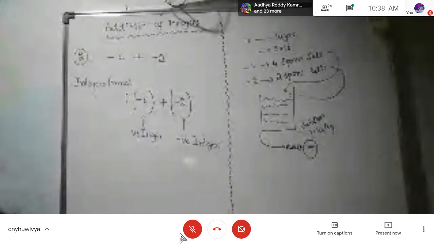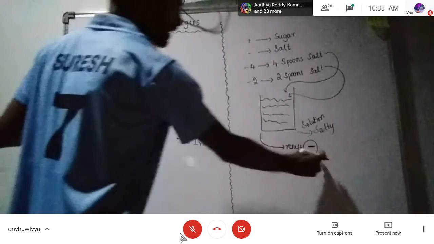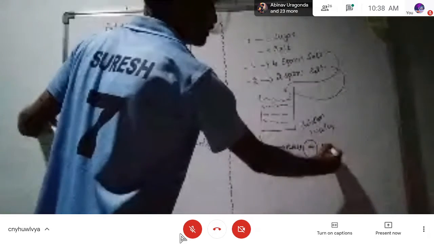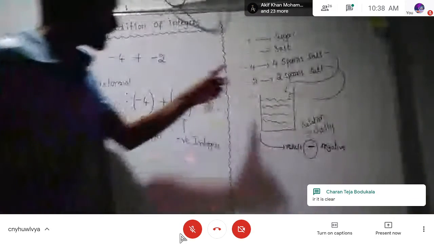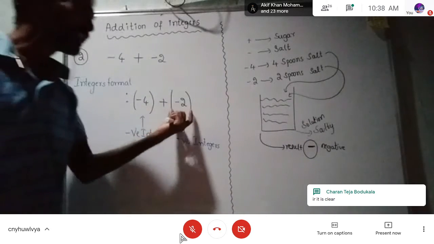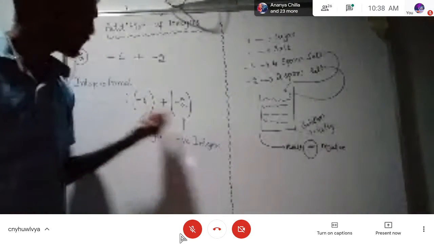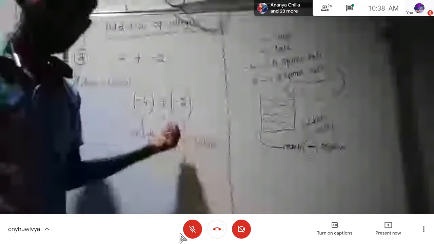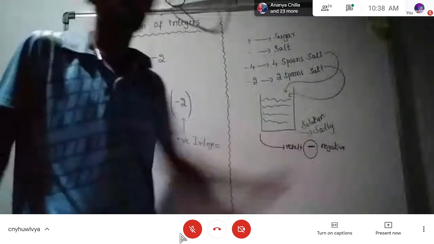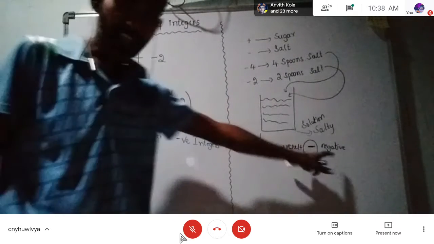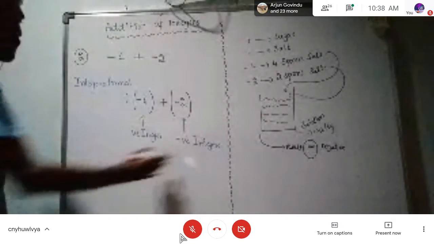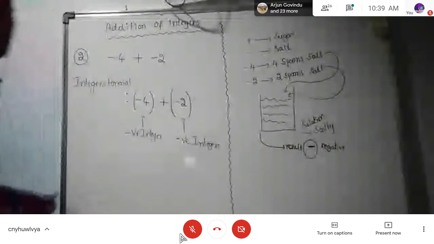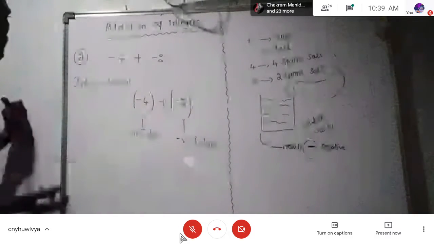Salty means, remember, minus. That means the result will become negative. What is the meaning of that? Whenever we are adding two negative integers, your answer is negative only. Okay. So now coming to the operations, the mathematical part, this is the general way of understanding what the result is going to be.